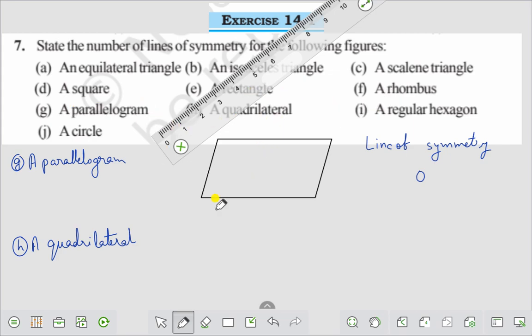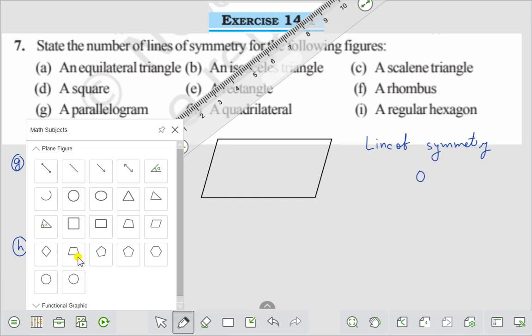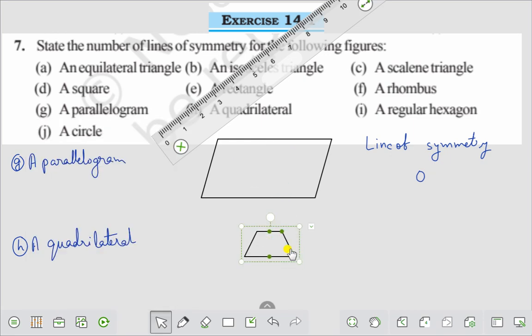That depends on the shape of the quadrilateral. If we take any quadrilateral, suppose this is a quadrilateral like this, it has 4 sides, right? It is actually a trapezium, but it depends on which type of quadrilateral it is, and then we find